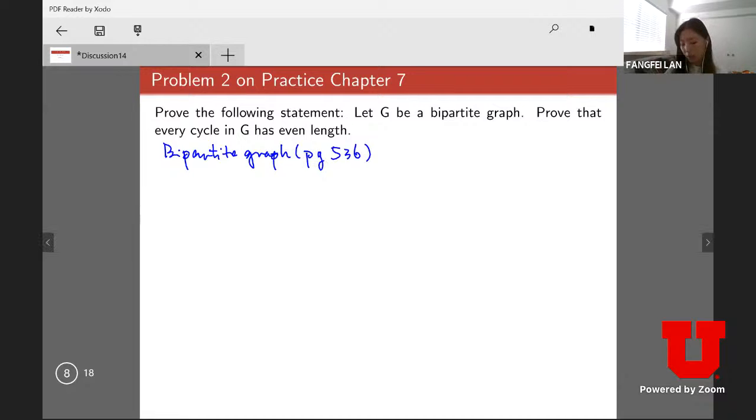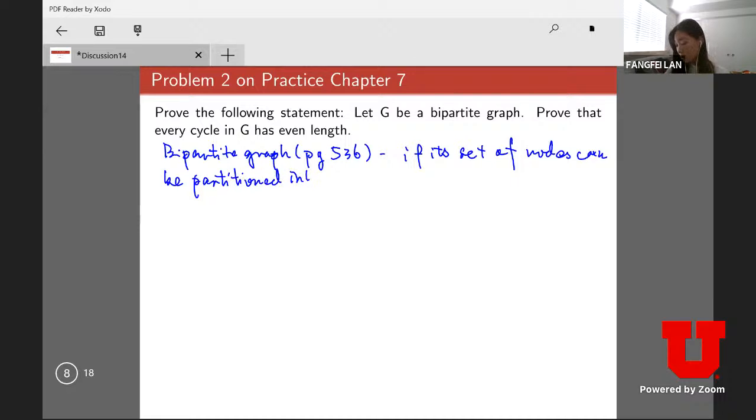It says, a graph is called bipartite if its set of nodes can be partitioned into two disjoint sets, S1 and S2, so that